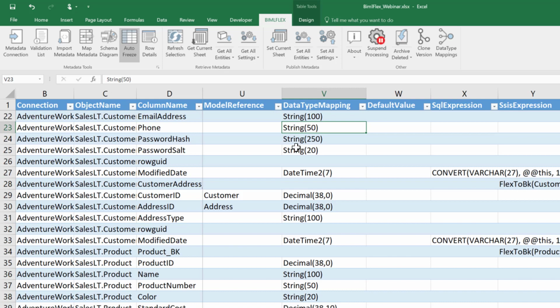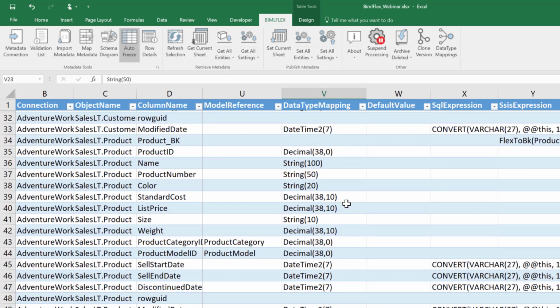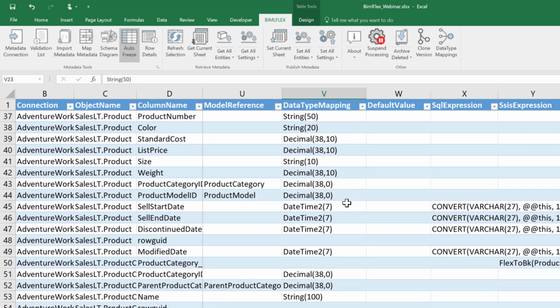And if you're not using Polybase, or not using Azure SQL Data Warehouse, you have two options with the data type mappings. You can say, take the data type mappings and apply them in my staging layer. In other words, in your staging layer, you standardize your data types. Or you can skip that and say, actually, only standardize my data types into my data vault, giving you fewer different data types to handle, which is great because, as you say, all the things change. But here are the SQL expressions coming from the data type mappings,